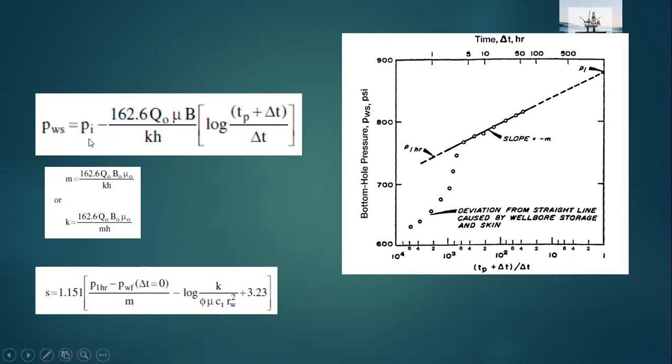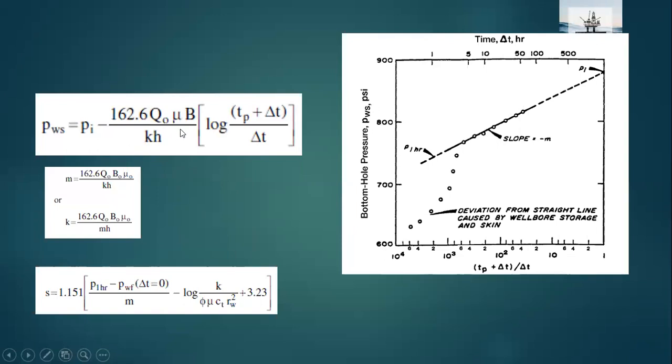Pi represents the intercept on the y-axis. Where the line connects to the intercept, you can see it is touching here on the y-axis. This is the maximum pressure, the initial pressure. This could be the maximum; beyond that, it may not rise. So this is the pressure. You can see this y-intercept can be considered to be the reservoir pressure, minus m. M is nothing but the slope of this particular line